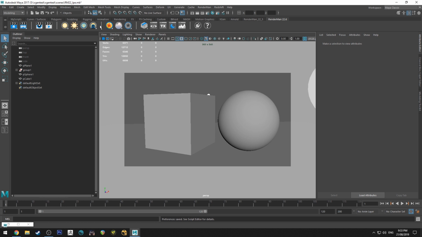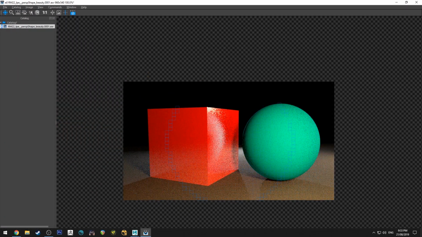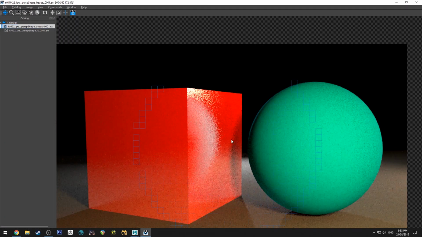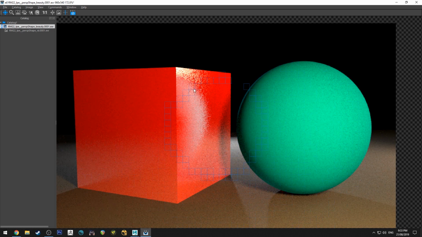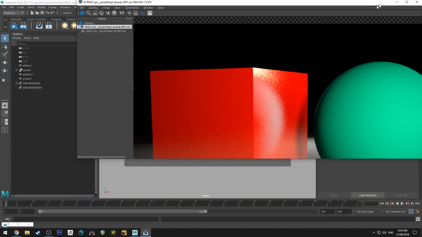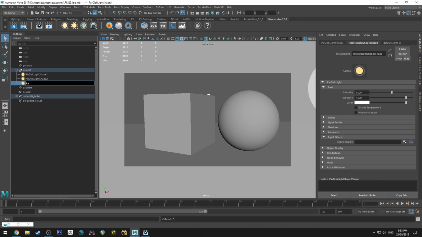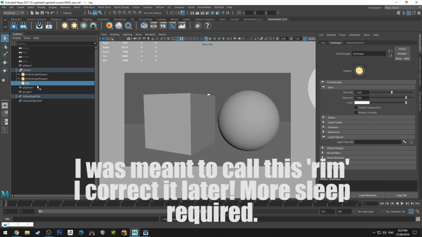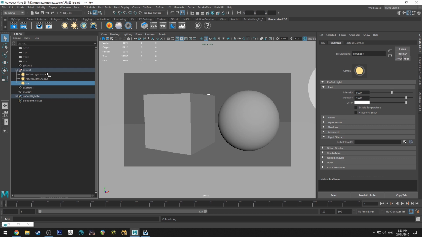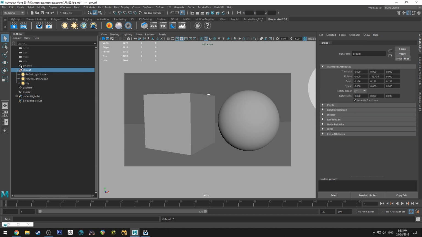So I've got a little scene here with a 3-point light setup, and if I just render it here, you will see that it is just as you see there. It's a 3-point light setup with a rim light in the back. I've got a little fill on the right and a key in the front. And this one we're going to rename to key so we can remember it. And the other two I'm not going to really use for anything specific, so it doesn't matter. And I've got them grouped so I could transform them at the same time.